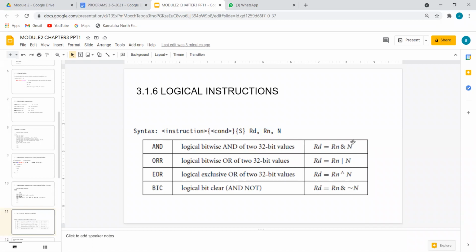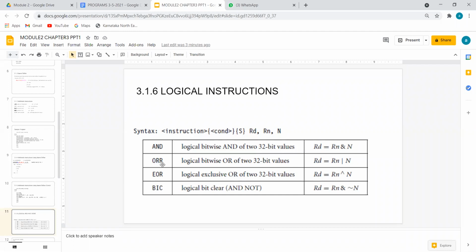So according to that, I have done a program. So what happens here? RS1 logical AND with RS2. RS1 logical OR with RS2. RS1 logical XOR with RS2. This is different, which you know. And one more thing: in our day-to-day life, we write the OR instruction as OR. But in the ARM subject, please recall or remember, it's ORR.